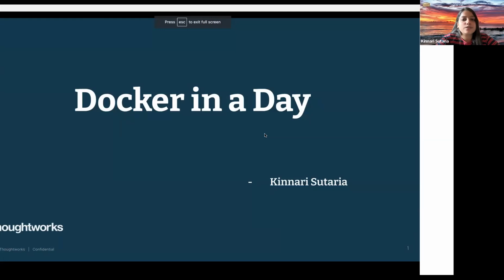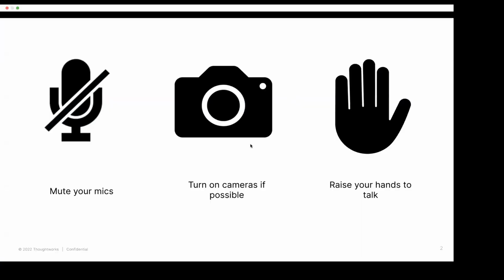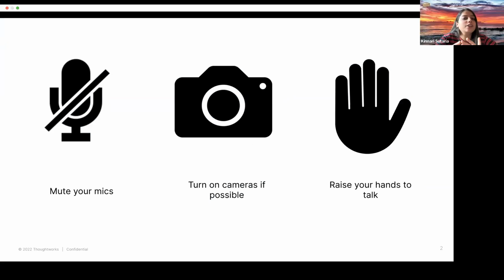Okay. So let's begin with the Docker workshop. Please mute your mics if you are not speaking, and turn on your cameras if possible. Let's have an interactive session all together. And you can also raise your hands if you want to talk during the session. Okay. And one thing that is not mentioned over here is you can keep putting questions on chats, or if you have any doubts, you can keep putting them on chats and we will be pleased to answer all of